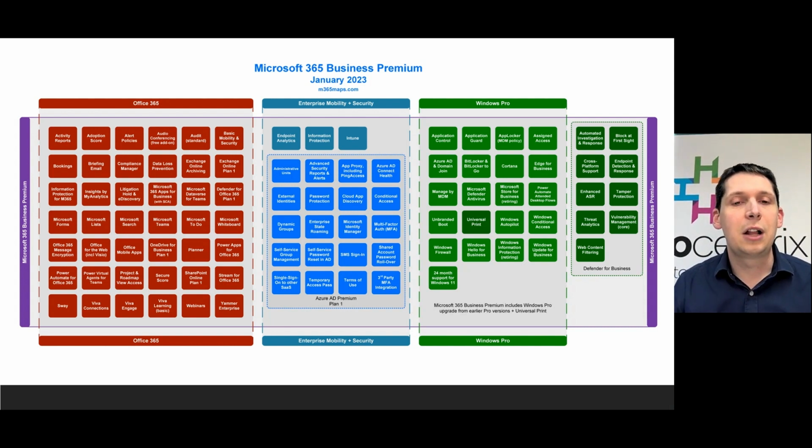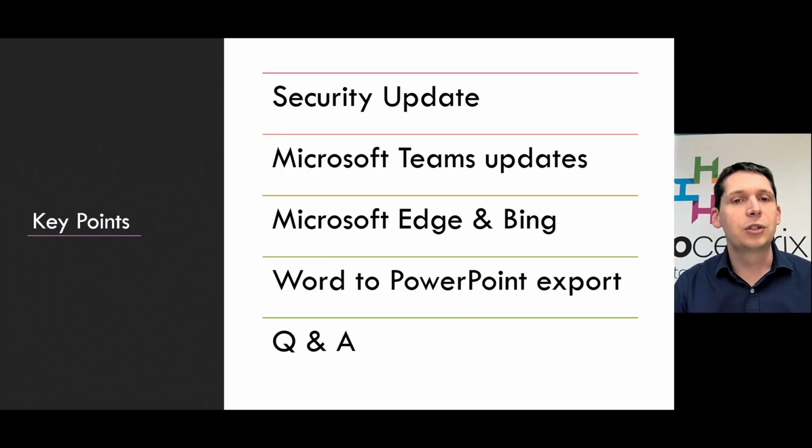So 365 itself covers both a security suite and a productivity suite. And so this afternoon, I'm going to talk through only shortly, one of my points being about security, which I know for those of you who hear me talking at events regularly will probably be pleased to hear. And then I'm going to touch on 3 different areas of productivity type features that might benefit your organization. The goal is to try and get all of this done in 20 minutes, so there'll be some time for